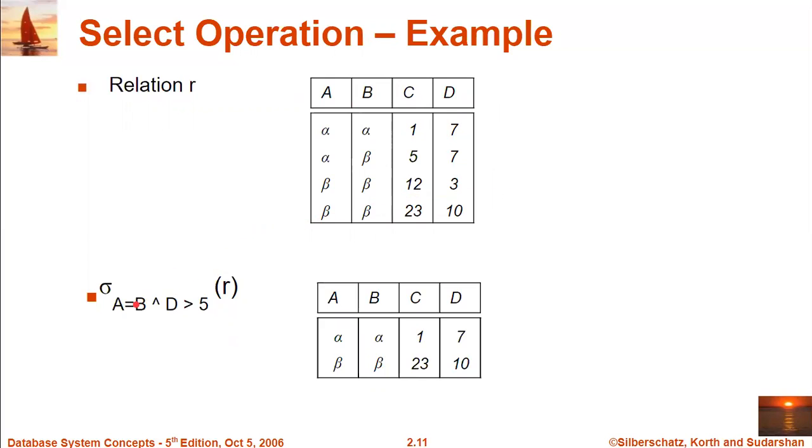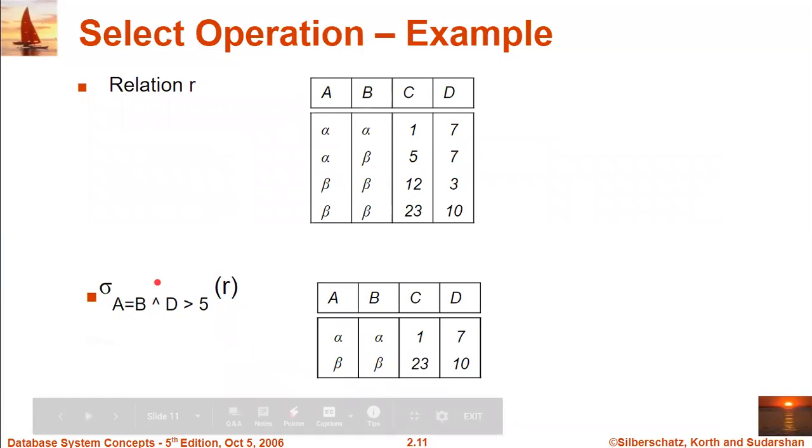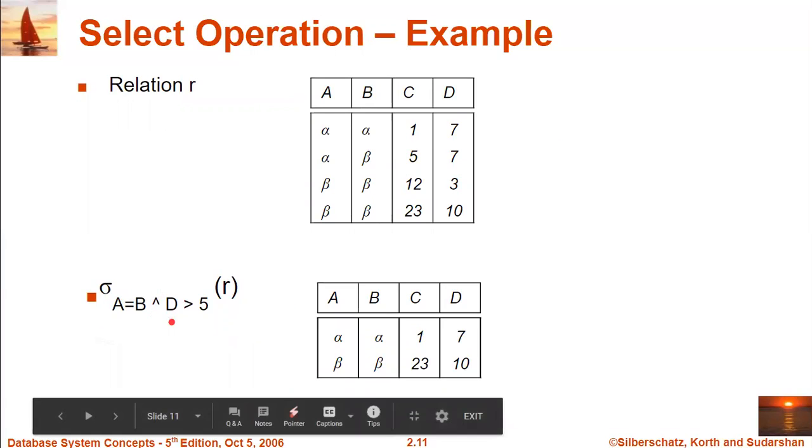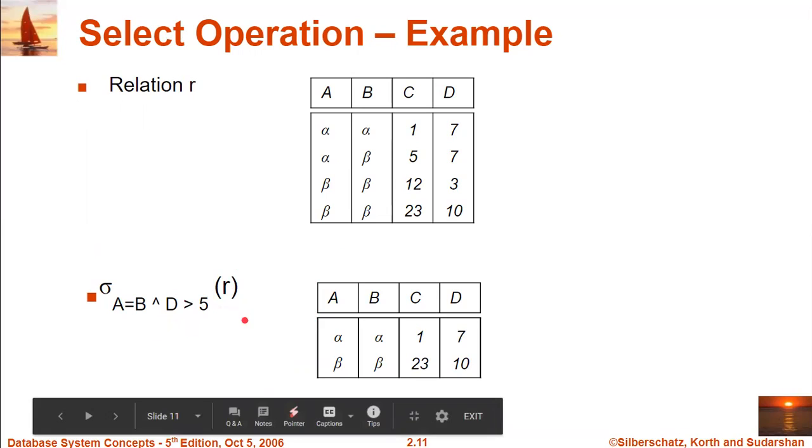Fine. So if we want to execute this query, we are specifying: retrieve the records where the value of column A is equal to the value of column B, and this is the conjunction operation, known as the AND operation. The next condition is D greater than 5, which says we apply a condition on column D that its value should be greater than 5, and the values are to be retrieved from relation R. So this is basically used to merge two conditions, to apply two conditions in one shot: A equal to B and D greater than 5.